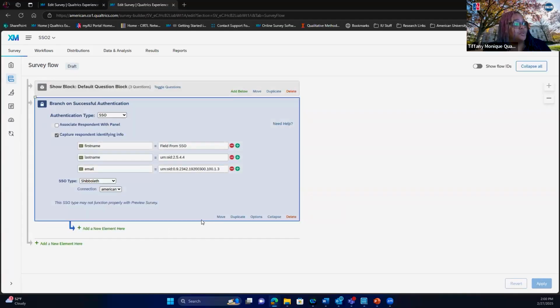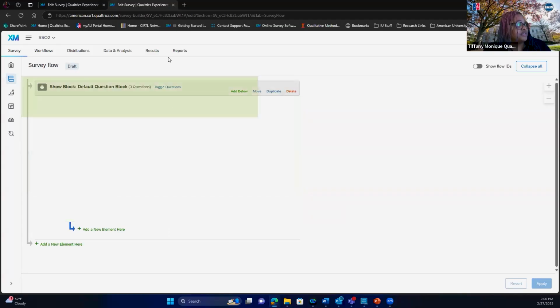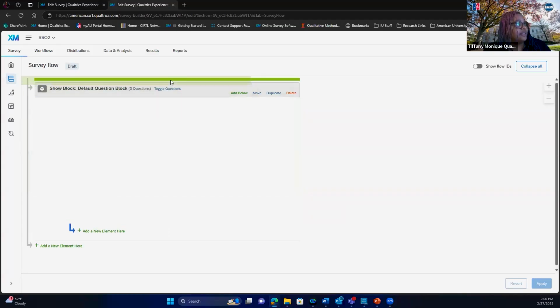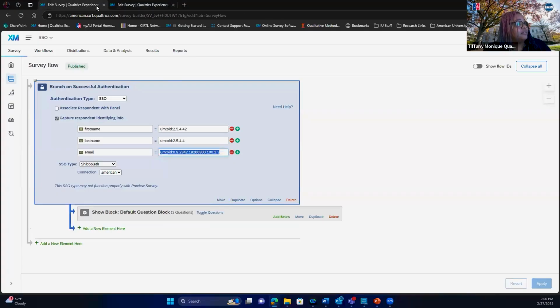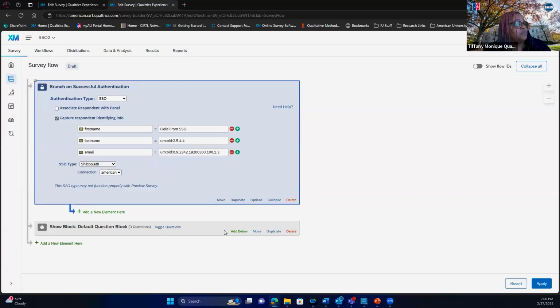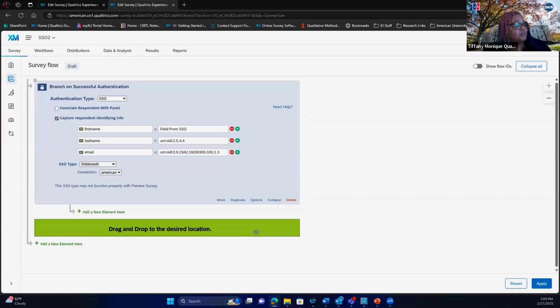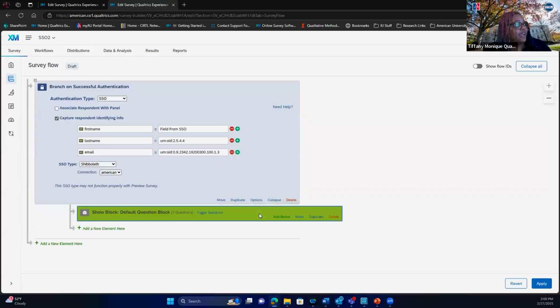What we're going to do is move this above the 3 questions. So it's going to go right there. Double check. And we're going to move this right here where it says the default question box with the 3 questions. We're going to click the move button for it to go right underneath the authentication. And then I'm going to hit apply. I'm going to go back to the survey,